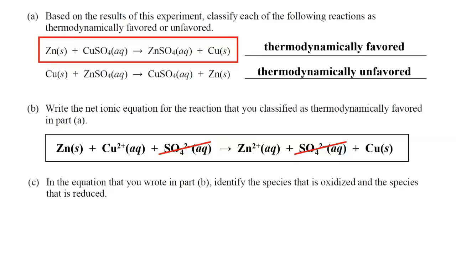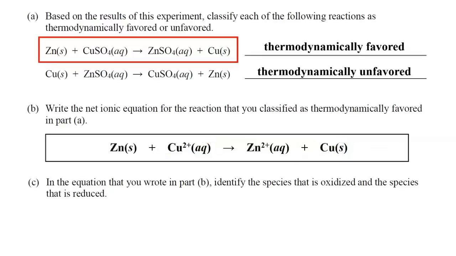So in this net ionic equation, it's going to be solid zinc reacting with aqueous copper 2+ ions to produce aqueous zinc 2+ ions and solid copper. Now on to part C of this question. In the equation that you wrote in part B, identify the species that is oxidized and the species that is